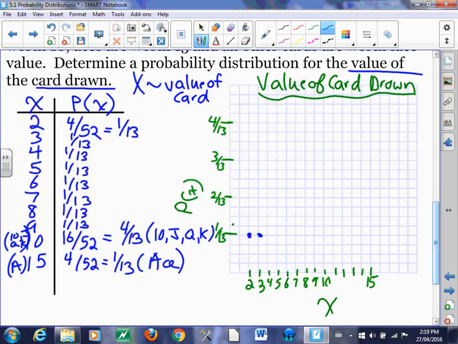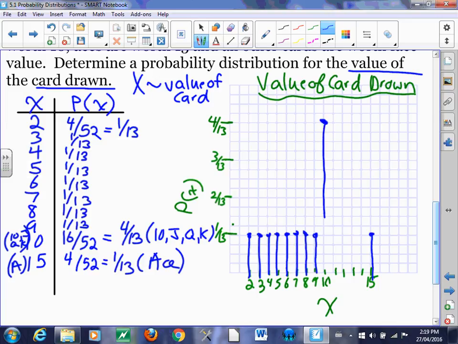Which is 2, 3, 4, 5, 6, 7, 8, 9, and then 15. Of course, I'm using a straight ruler. Everybody knows that, right? Straight edge. Okay, and then number 10 has 4